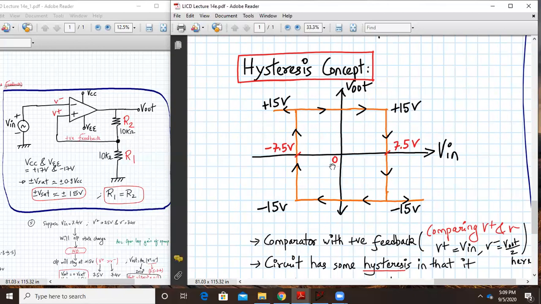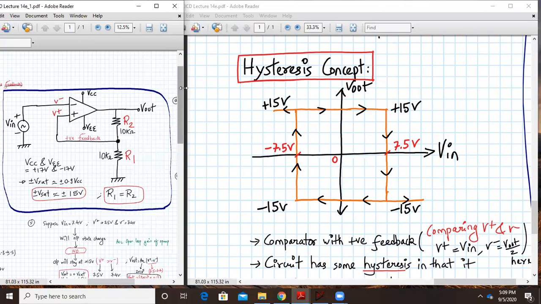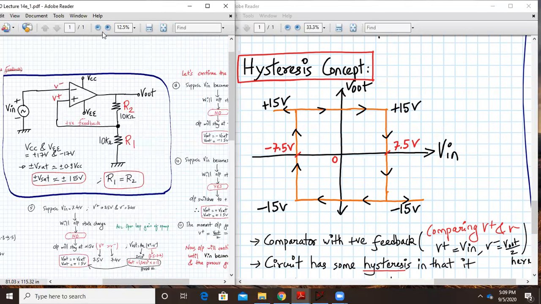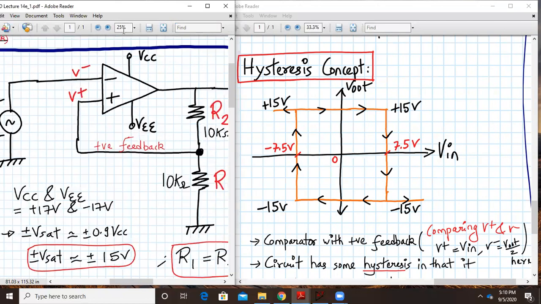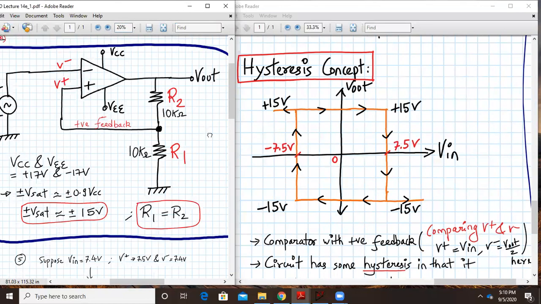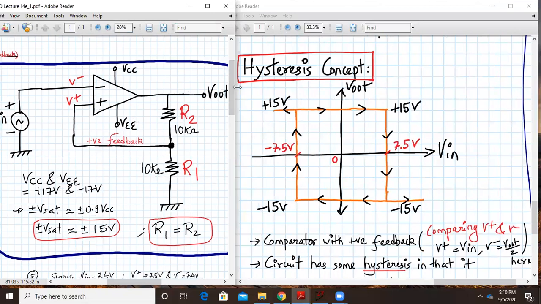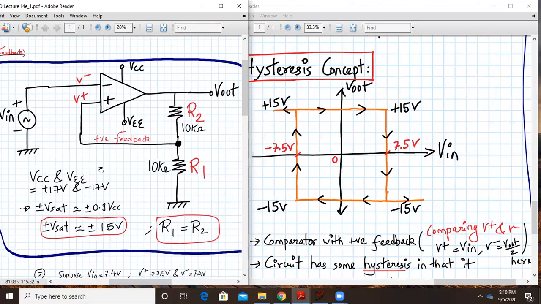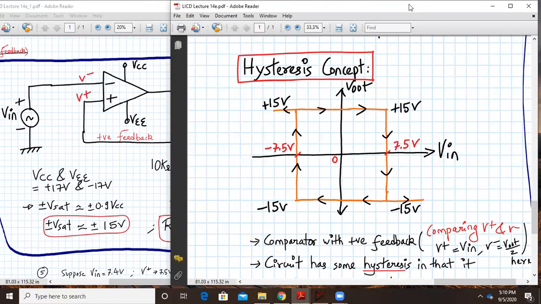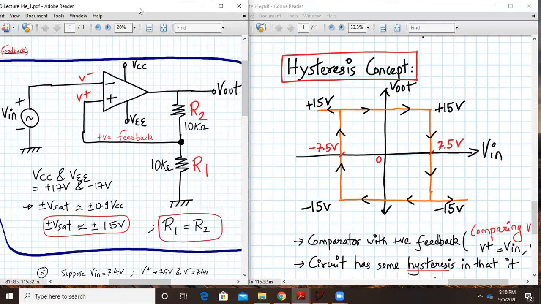So now let us concretize this fact by the concept of hysteresis. The entire working of my Schmitt trigger can be summarized in this circuit. Let me maximize this a little. Now entire summary with numbers we can concentrate on. So what is this hysteresis concept? Hysteresis is the voltage transfer characteristic of my Schmitt trigger. Basically, this is a graph of V in versus V out. Okay, so let us start.